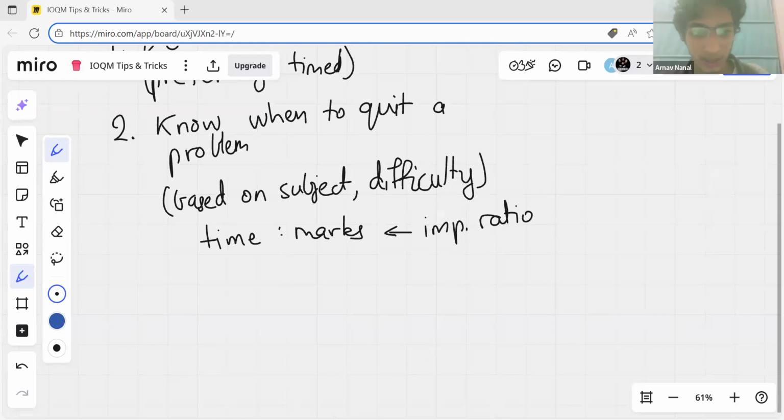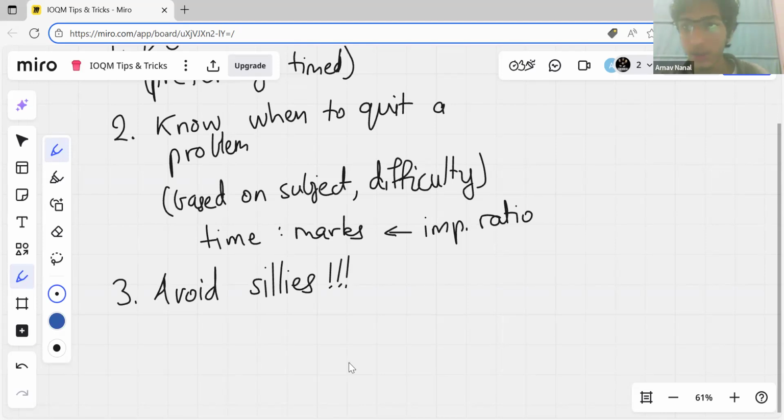Yes, that is absolutely correct. So this is a very important thing. Another thing is IOQM is computational. So I mean, for some reason, for good or for worse, your accuracy matters. So just recheck every step twice. Avoid making silly errors. I mean, I know it's easier to say don't make silly errors than to actually avoid them. But you should just try to focus more, recheck every step, and